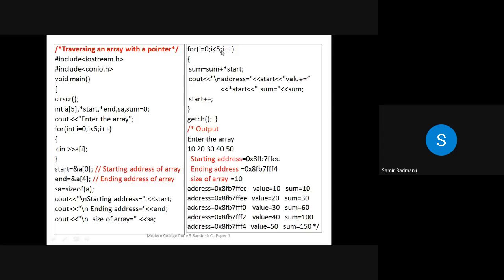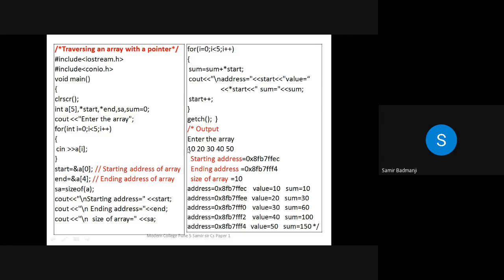Now next we are having a for loop. What are we doing? We are adding the sum. So whatever elements are there, we are just adding them to sum. And see what we are printing here: sum plus *start. Star means what? See, start is the name of a pointer. So if you just write start, that means the address in that variable will be printed. But if you write star in front of the name of the pointer, that means the value at that location will be printed. So what will happen here? Sum is equal to sum plus whatever is the value of the first element of the array. So that will be added here.